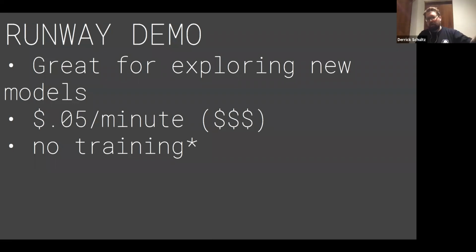If you remember when I showed the comparison between my first version of flowers and my second version of flowers, it only does the first version. So I really wouldn't recommend it unless you really want to train there and are frustrated by using the terminal or other things. I generally wouldn't recommend it, but I would recommend it for looking at new models.